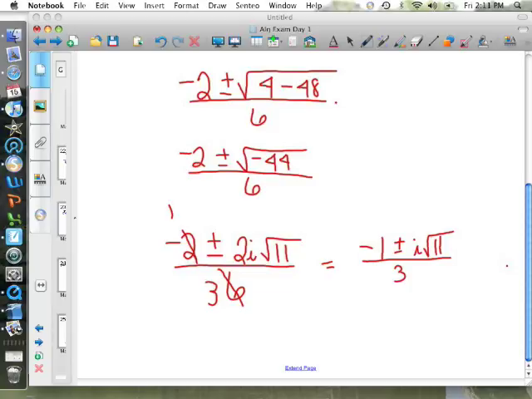Exactly. Okay, and then here, this was 1. Right. Exactly. Okay? And that would be your final answer. So, solving quadratic